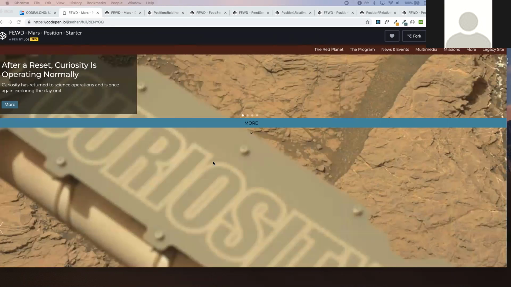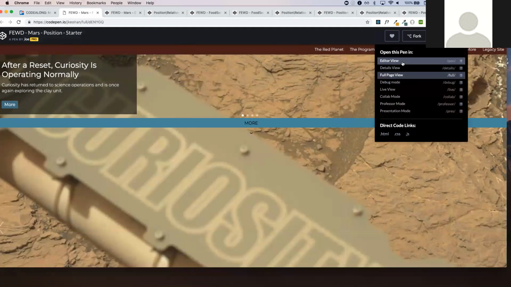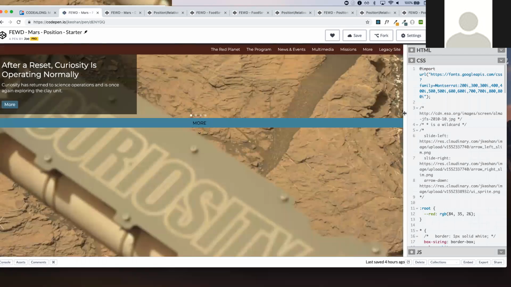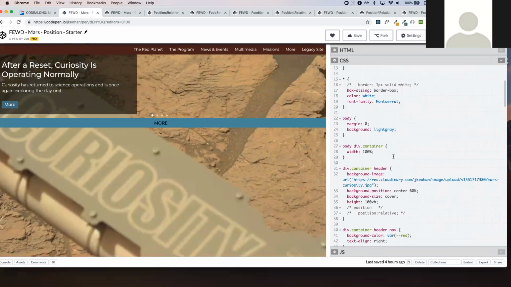So, first things first, right? I'm going to go into editor view here. I can take a look and see what we're going to need